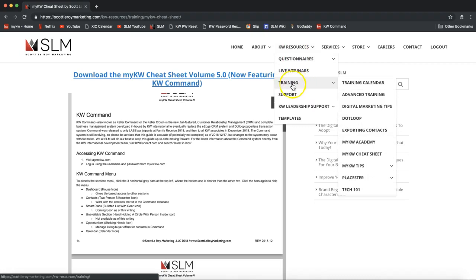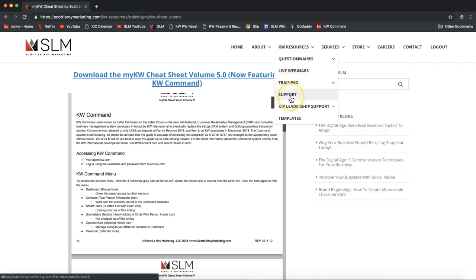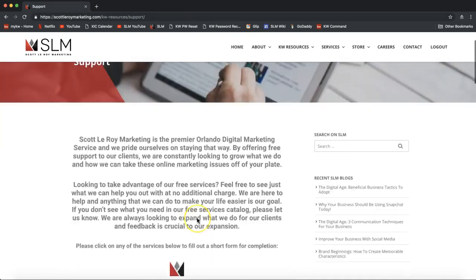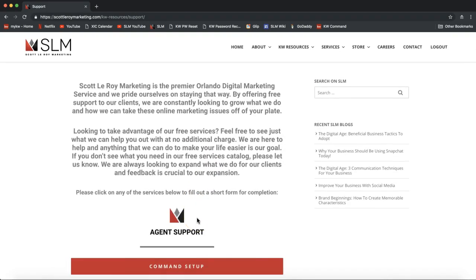All right, so that was all under this training tab under KW Resources. So now let's take a look at my favorite item, support. So go ahead, hover over KW Resources, and then click on support from that drop down. All right, so on the support tab, of course as I just discussed, we provide a whole bunch of different training videos that you can take advantage of,